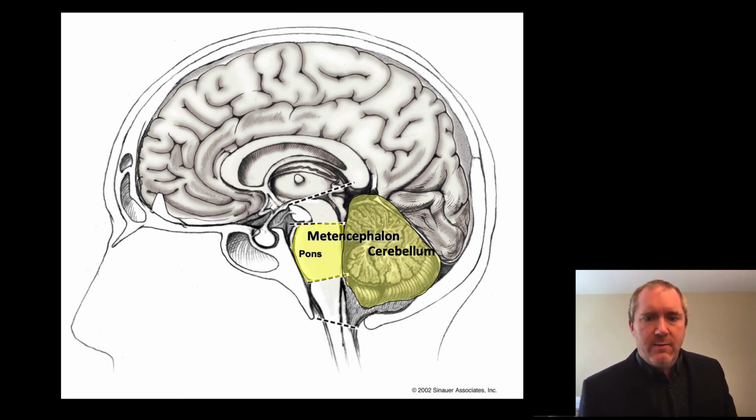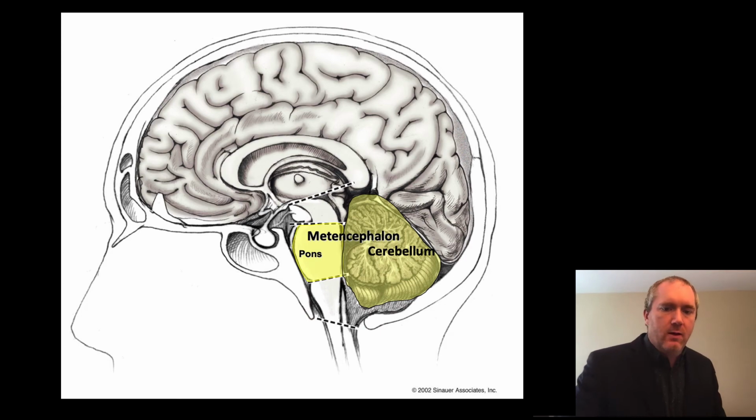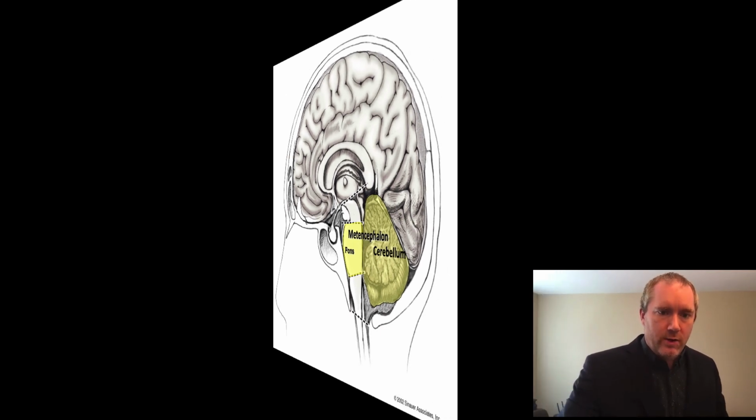The metencephalon comes next. This is the embryonic part of the hindbrain that differentiates into the pons and cerebellum. So again, we're starting in this one tube, and this is the part that folds in to make the pons and the cerebellum, but it also is the seat of several cranial nerves, including the trigeminal, abducens, facial, and part of the vestibulocochlear.